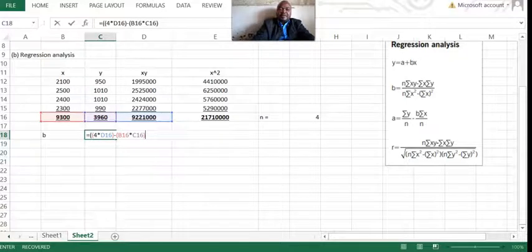Close our bracket, close another one, then we divide, open again, say 4 multiplied by